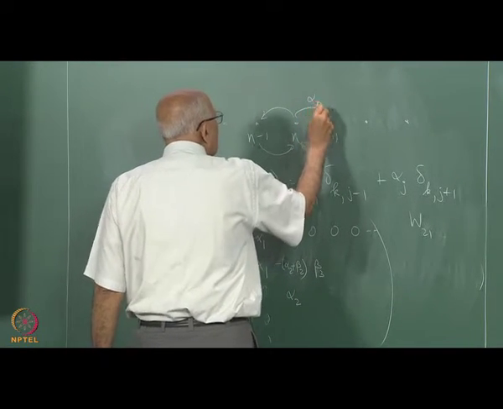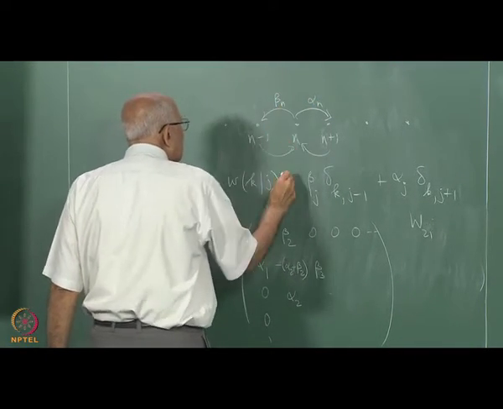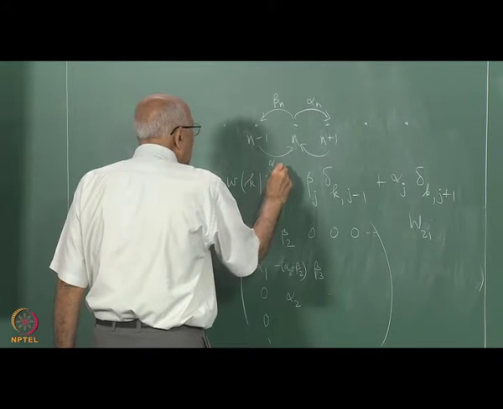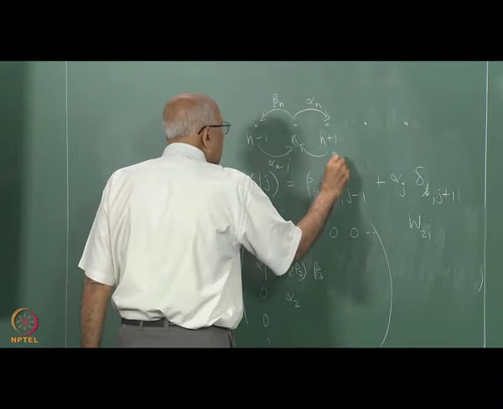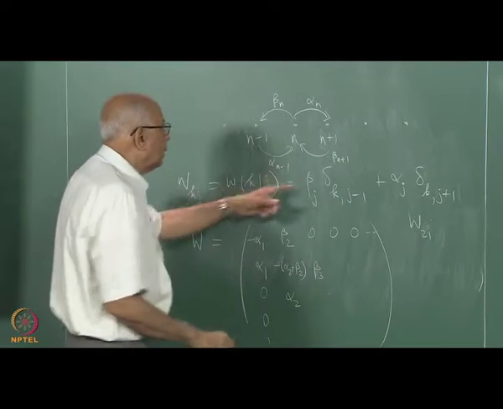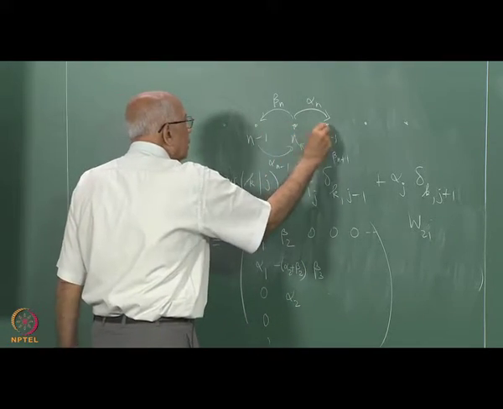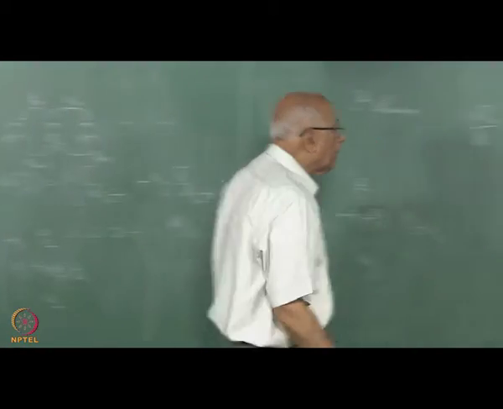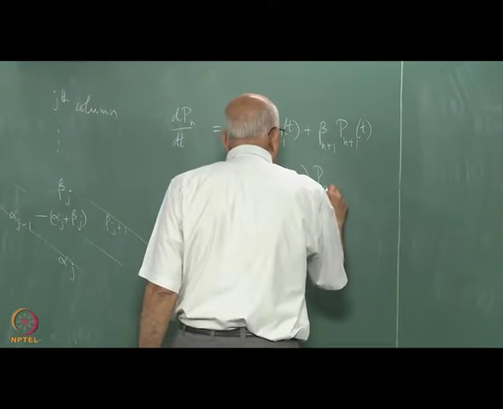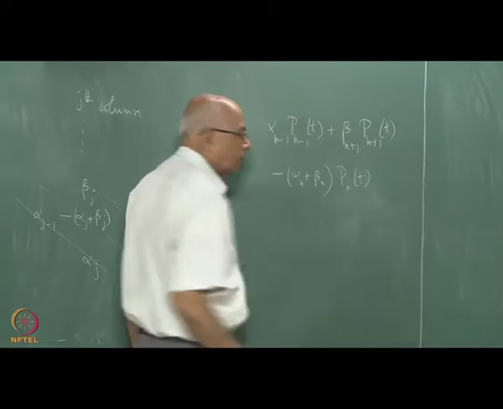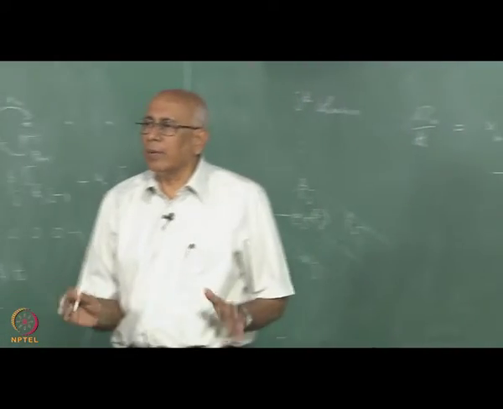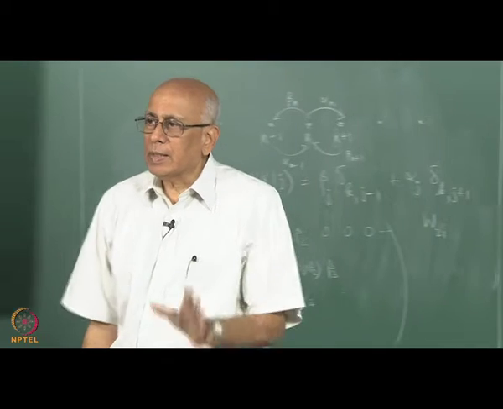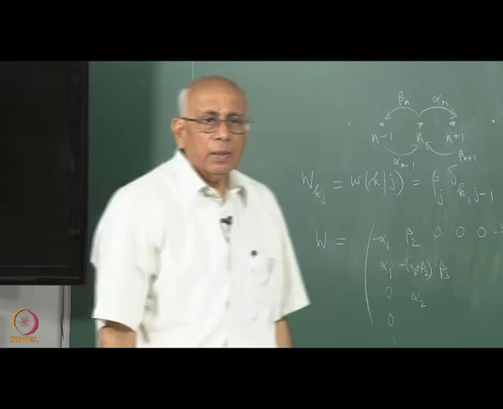So this fellow was an alpha n minus 1 and this was a beta n plus 1, so jumping in, and these two are the ones that jump out, and that is multiplied by Pn of t. That is the general equation which you have for a one-step birth and death process,